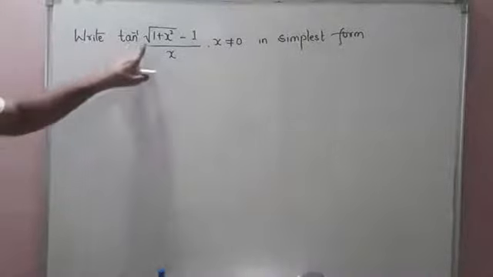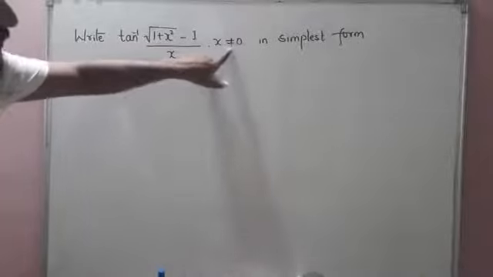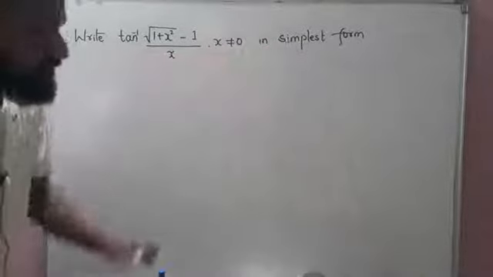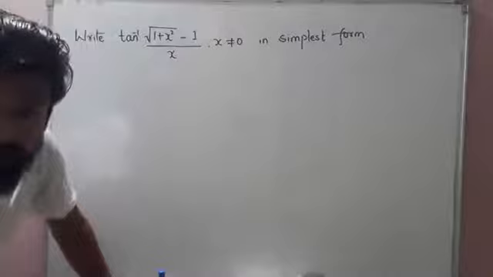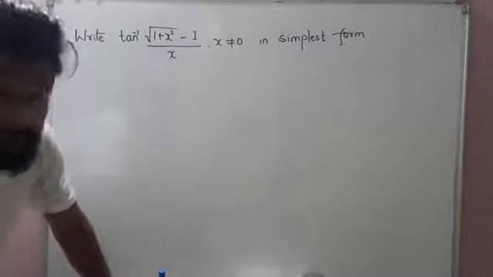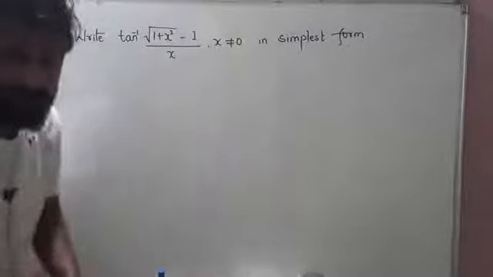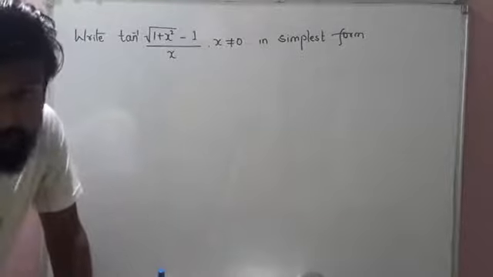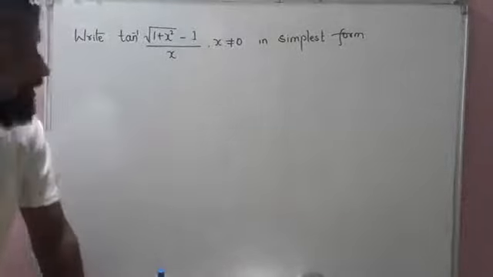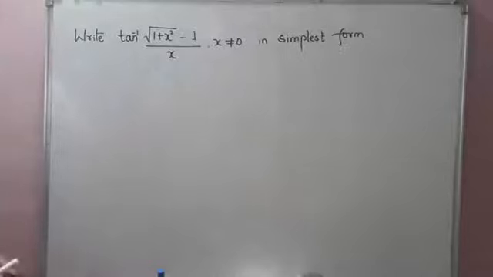that says write tan inverse of this whole thing where x is not equal to 0 in simplest form. What do you mean by simplest form? Yeah, somehow you need to compress it. Somehow you need to compress it by substituting proper values. Well, if you see the question, you can easily say that if I substitute x equal to something,